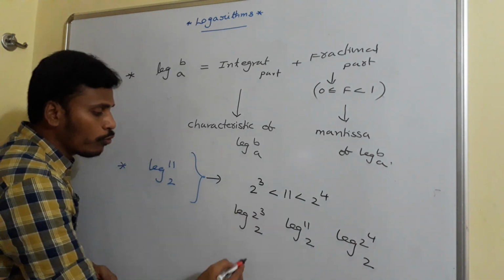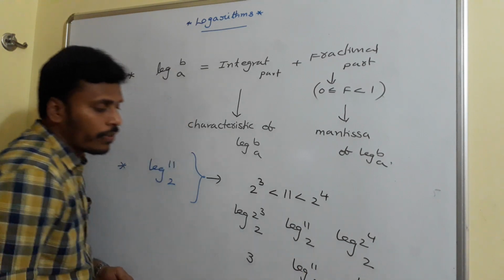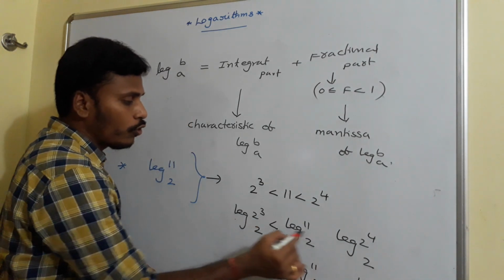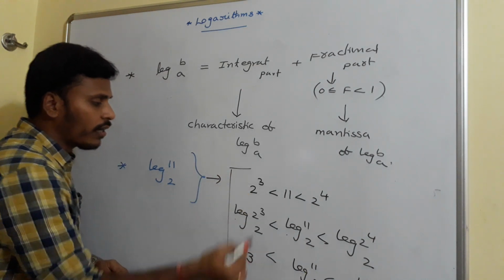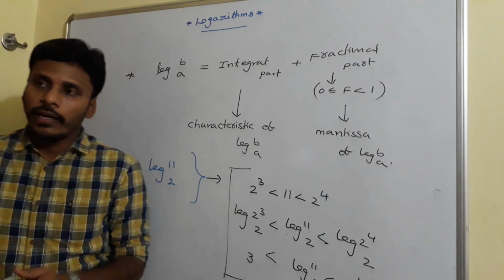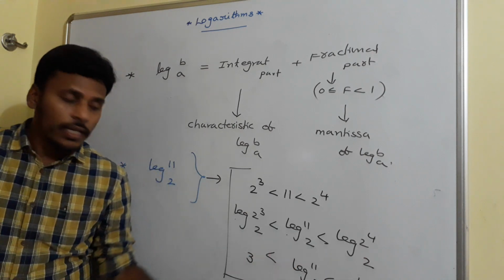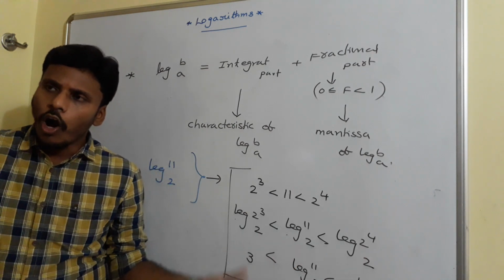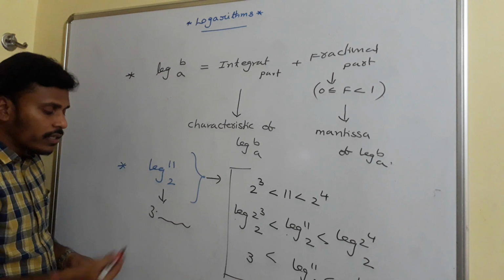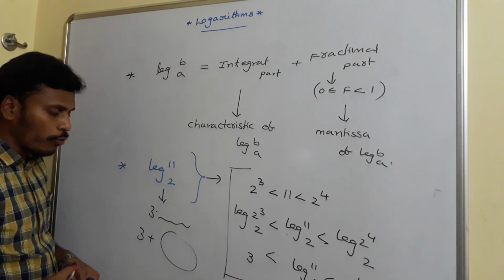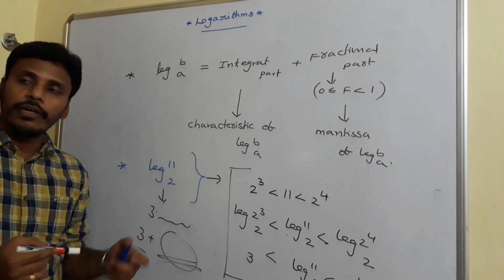And this log of 2 cube base 2 value is 3. And here we have log of 11 base 2, and this is 4. Since we are applying logarithm with base 2, you need to utilize the same symbols. This is a very clear task. You need to be perfect in these types of situations. Now this log 11 base 2 is a value which is between 3 and 4. Since this value is between 3 and 4, you will always write this log 11 base 2 as 3 point something, that is, 3 plus something. That something is a decimal part, and this 3 is the characteristic of this log 11 base 2.